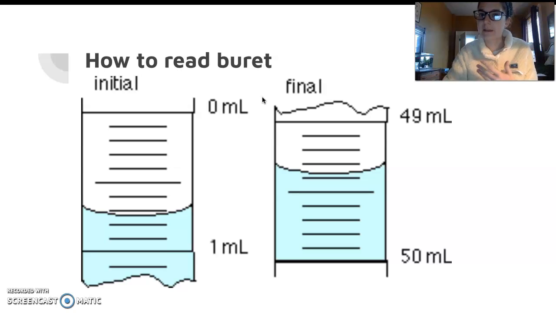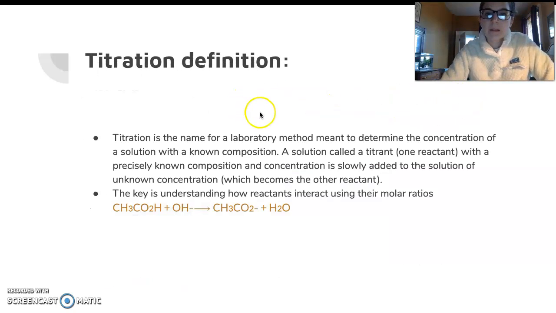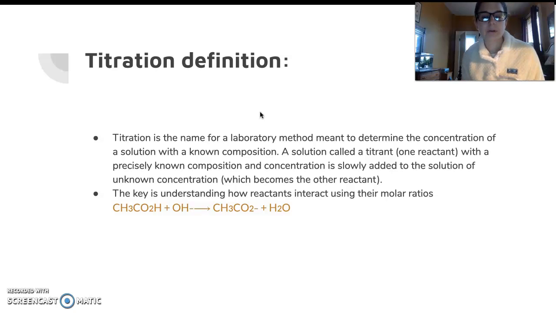It's kind of different than how you would read a graduated cylinder, going from bottom to top. So the definition of what a titration is: it's just a laboratory method that we use to determine the concentration or the pH of a substance with a known composition. So we know the chemical formula of the substance, the analyte, but we don't necessarily know its concentration or maybe